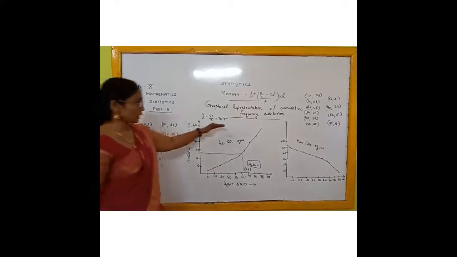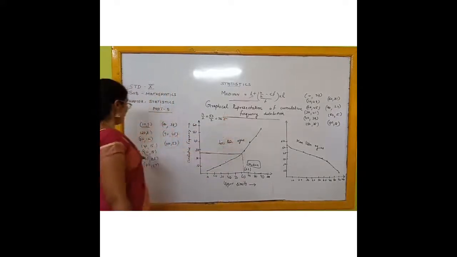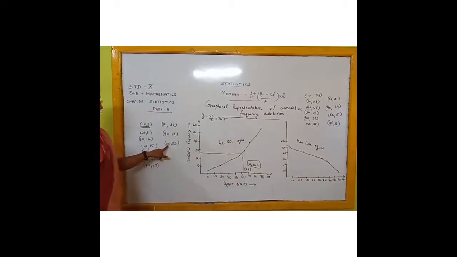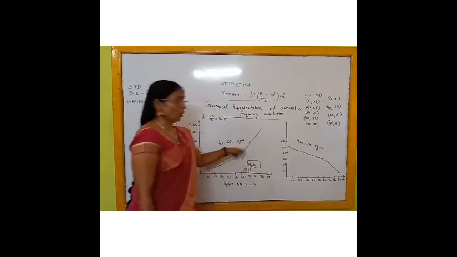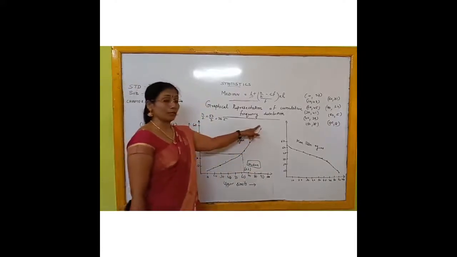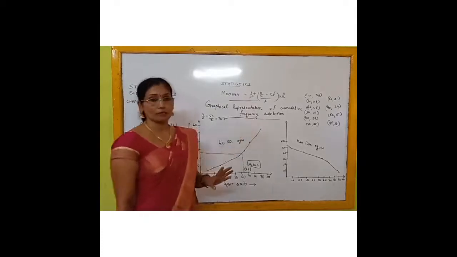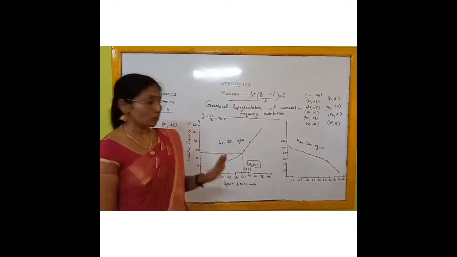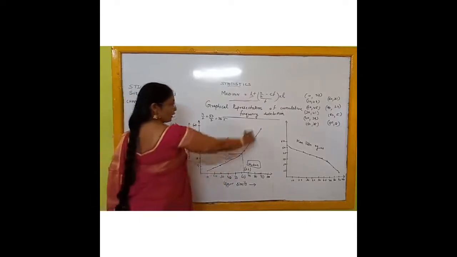So when you are doing it on graph paper, then you are going to get a legible graph. Now 40, 15, 50, 58, up to 100, 153. Now all these points you are going to plot. You are going to plot the points and you have to join these points by a curve, not by a straight line. Because it will not be a straight line, it will be a curve only. And you have to draw it free flow.